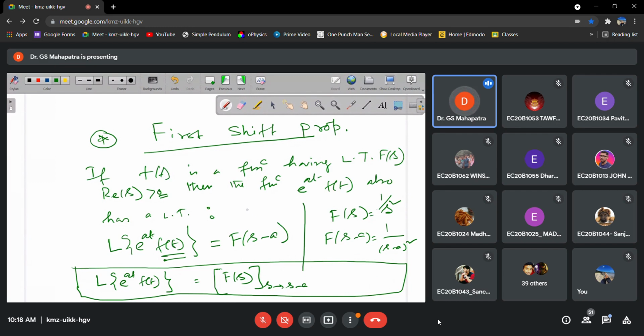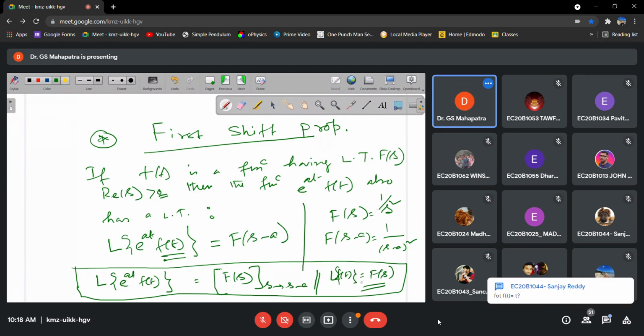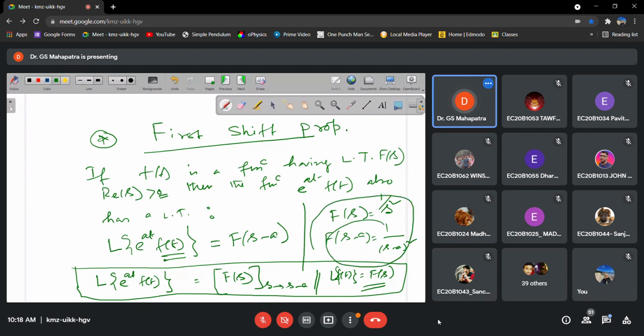So s changes to s minus a, provided that the Laplace transform of f of t is capital F of s. This one is given, or it is a known function. Now, for this particular case,